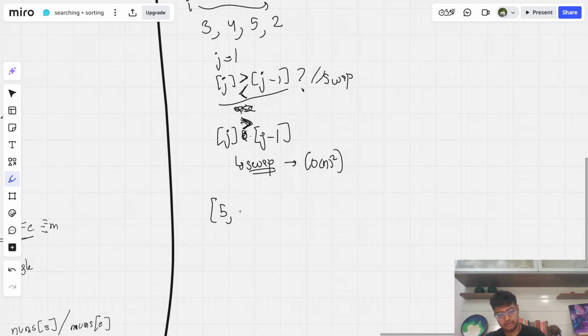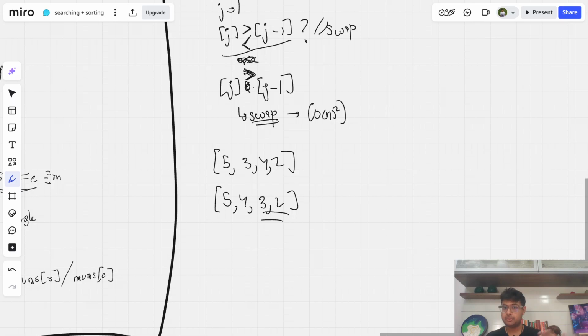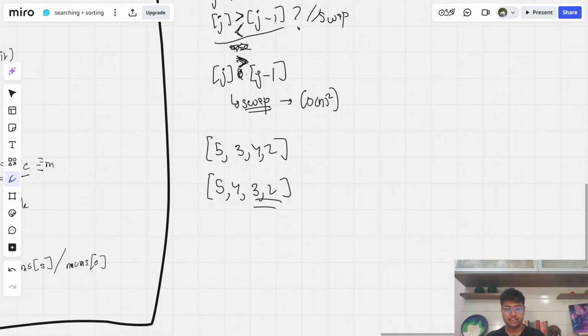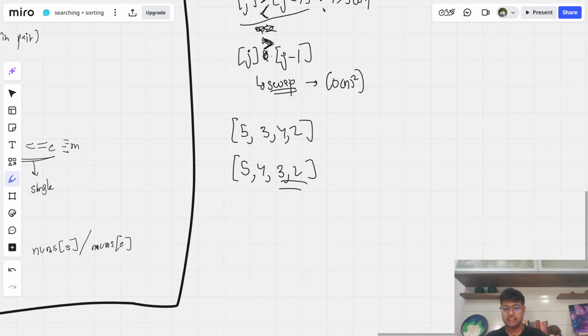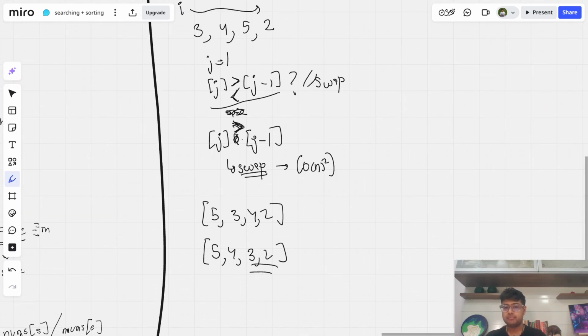Five. Then if we do a dry run, it would swap the 5 and 3. Means it would swap all the biggest elements first. So it would swap 5, then 3, 4, 2. Then in the second one, it would look something like 5, 4, 3, 2. And then these two would actually be in their correct place, but it wouldn't check if we provided a swap